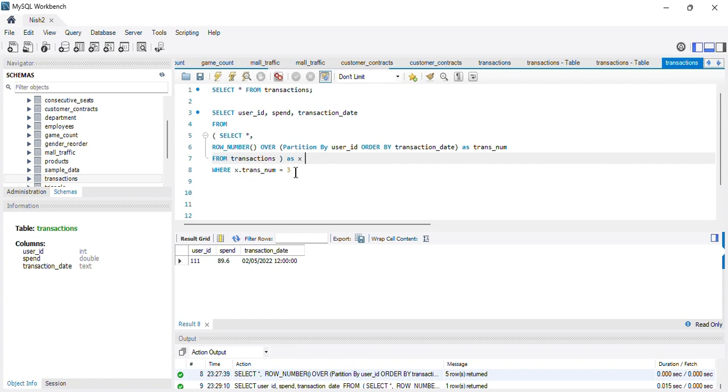I wrote this condition in my where clause. I made it a subquery, and from this subquery I extracted these 3 columns, and the condition filters the rows to keep only those where the transaction number is equal to 3. That means we are selecting only the third transaction of each user.